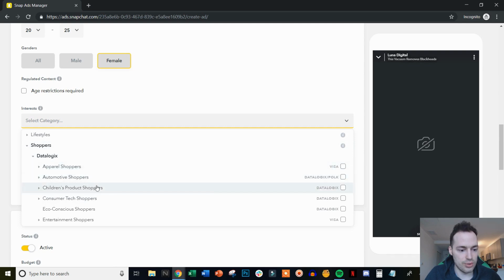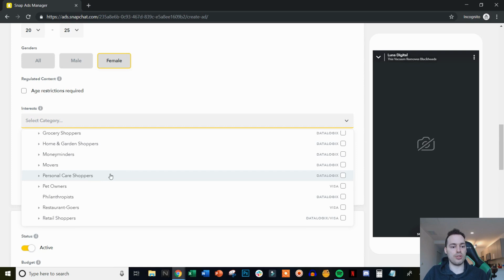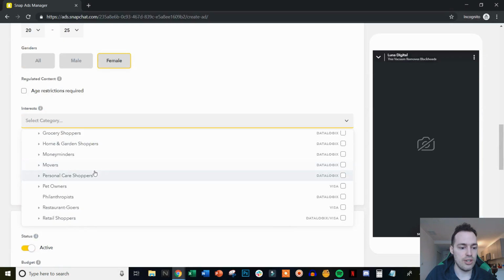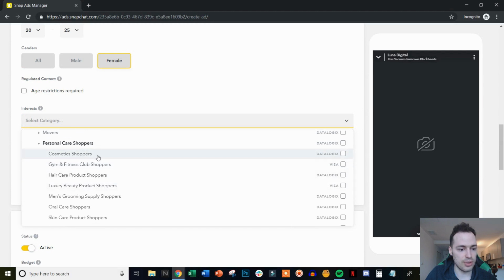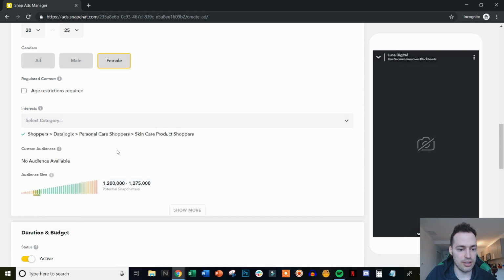Automotive shoppers, children's products, grocery, money, personal care. So personal care might be a good one for the product that we're demoing right here. So that could be one. And then you can see it goes deeper: cosmetics, hair care, luxury, skincare. So that would be a good one. So I could select that as one category, and we can see that I've narrowed down my